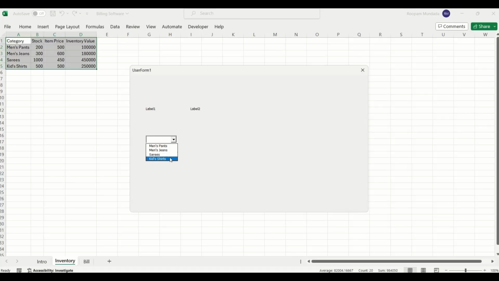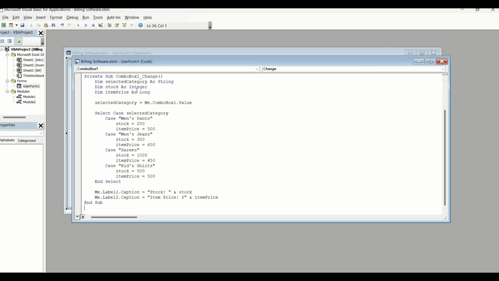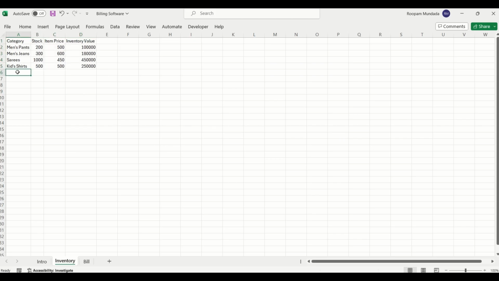When I go down, I have an option to choose from the category, right? And when I click on shirt, I'm able to see 500 as the actual stock and the item price is $500. And if I go to men's jeans, you see the stock is 300 and the item price is 600, which is well and good. Now, whether it's differing from that particular data or not, let me add